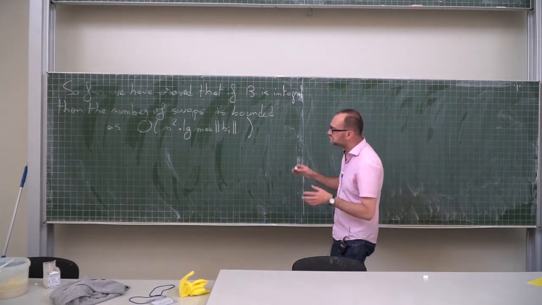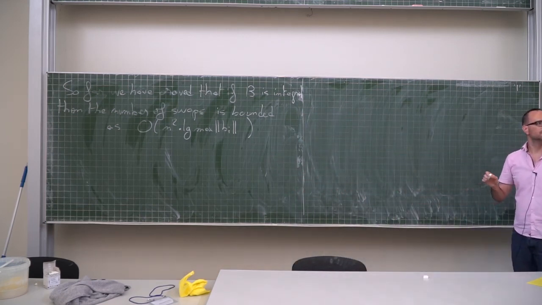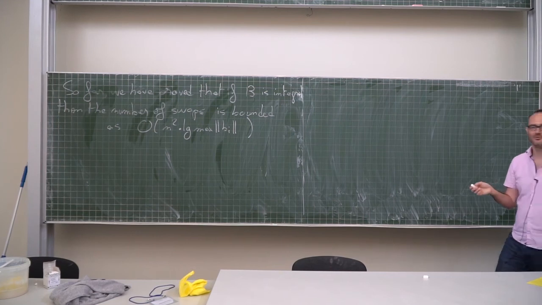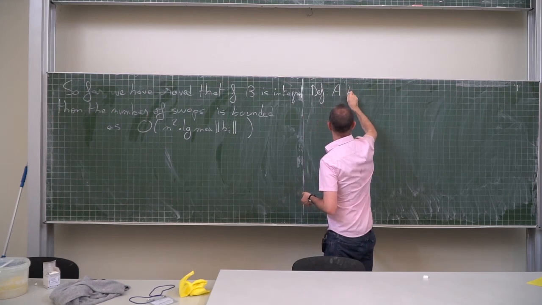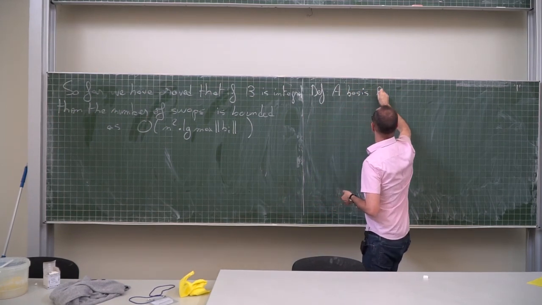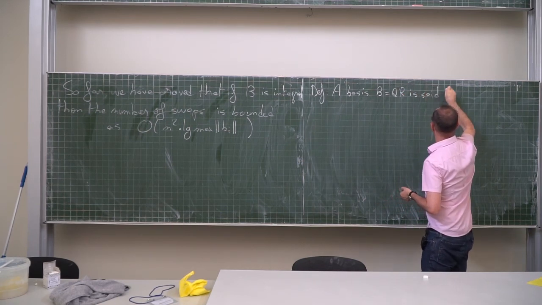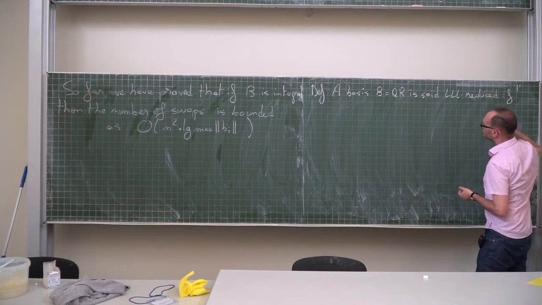Okay, so overall, I have a polynomial time complexity to get a basis for which the diagonal coefficients are prevented from decreasing too fast. And I did all this work, but I've not shown that this is an interesting property. Okay, so definition. The basis B equal QR is said Triple-L reduced if two conditions are satisfied.